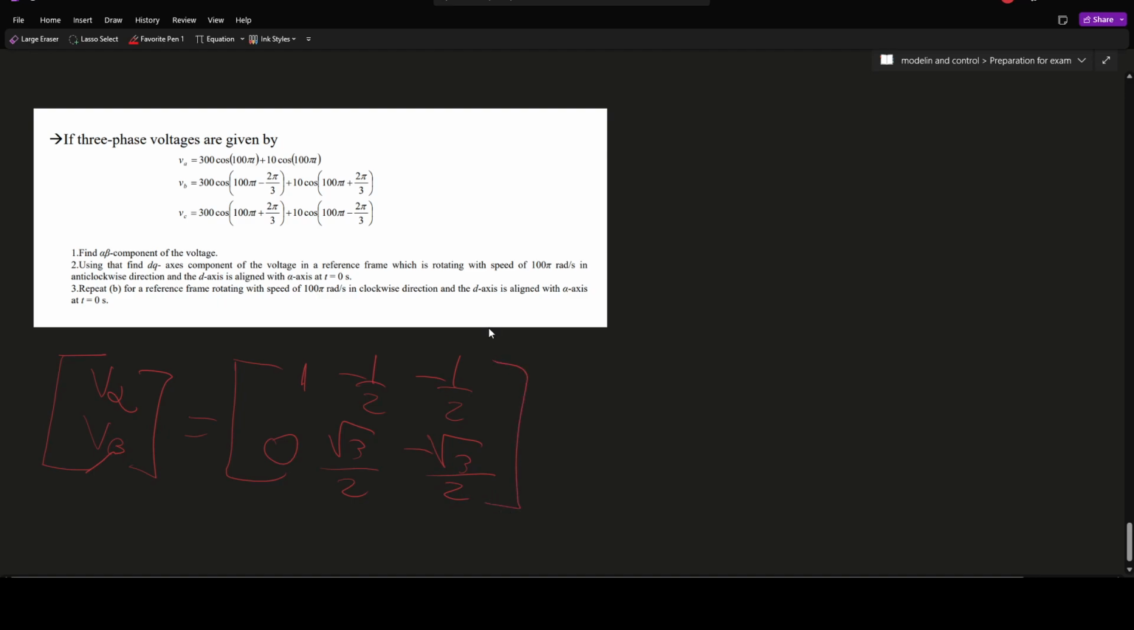Okay. So we just multiply each voltage by this matrix. So we have 300 cos 100 pi t plus 10 cos 100 pi t. We have for b's 300 cos 100 pi t minus 2 pi over 3 plus 10 cos 100 pi t plus 2 pi over 3,